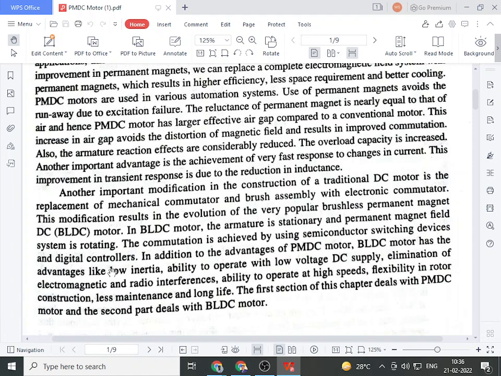Someone may say, as the armature winding is stationary, what is the necessity of this commutation? According to Faraday's law of electromagnetic induction, whatever EMF is induced inside a rotating conductor is always in alternating form. So the EMF induced inside any conductor, even though that machine is a DC motor or an AC motor, is always in AC form. So whenever we use that machine as a DC machine, we require a certain commutation action so that the EMF gets converted into DC during generating mode.